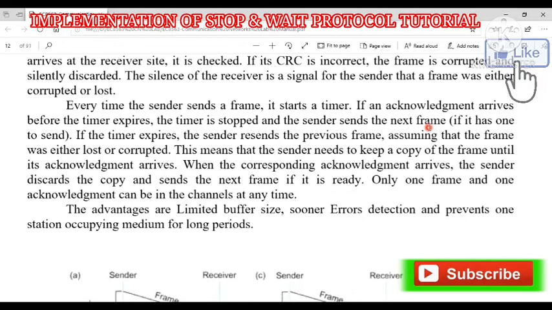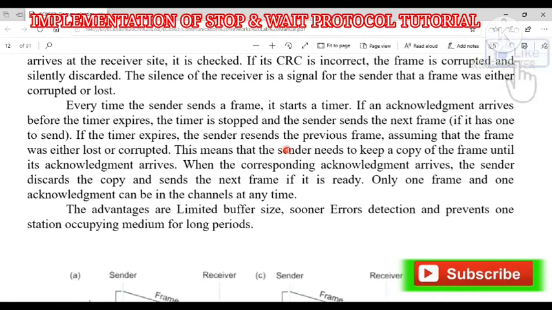If the timer expires, the sender resends the previous frame, assuming that the frame was either lost or corrupted. The sender will assume our frame is either lost or corrupted, so it will send the previous frame.